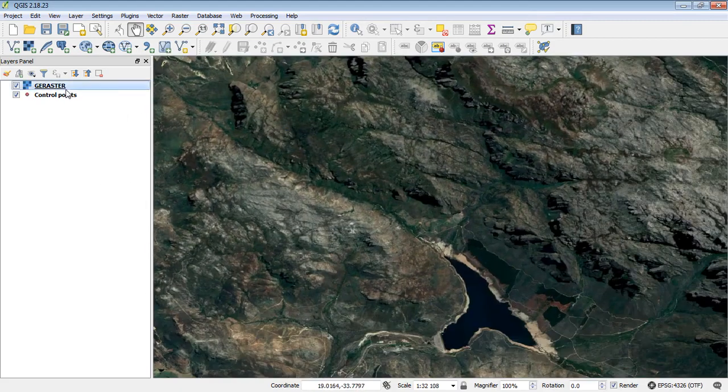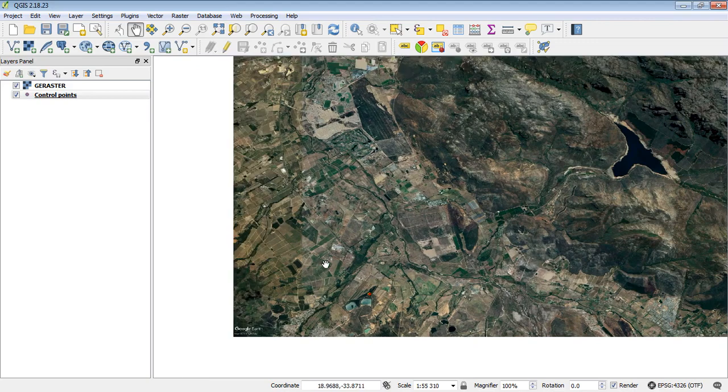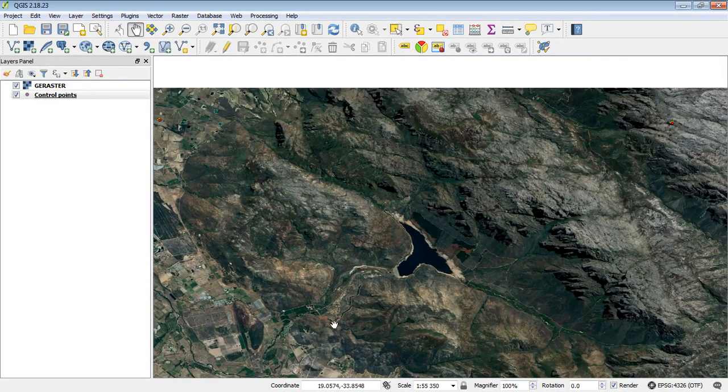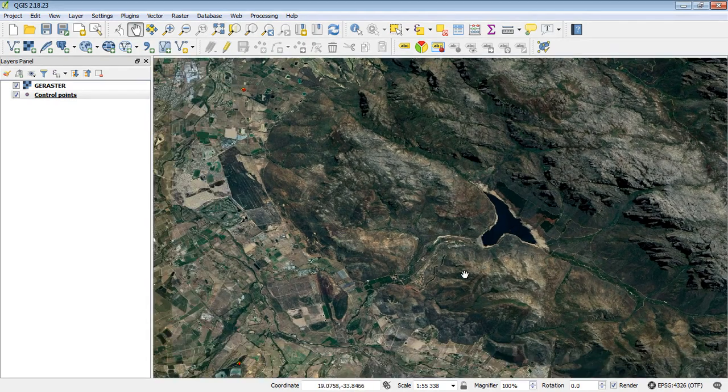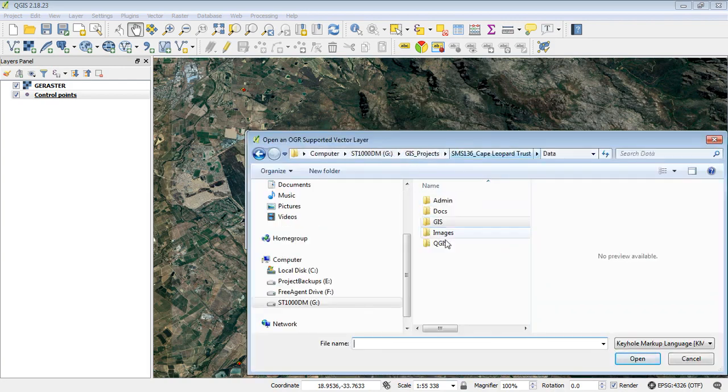And then lastly, if you want to make sure that your georeferencing is in the right place, you can add another layer that you know has correct referencing, and then just compare the two. So for example, we could maybe add the dam or something from our database. So let's browse to that tutorial folder. Which one was it? It was the